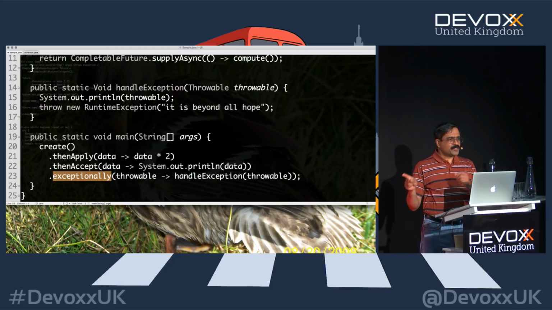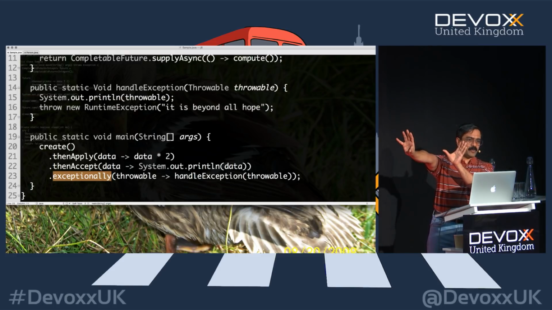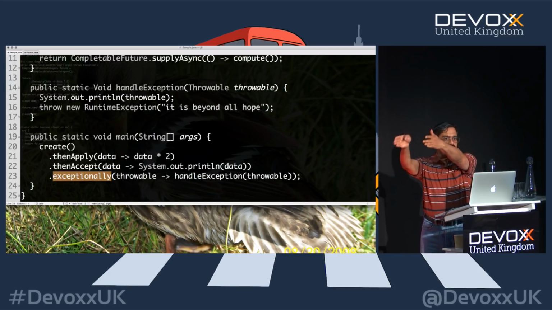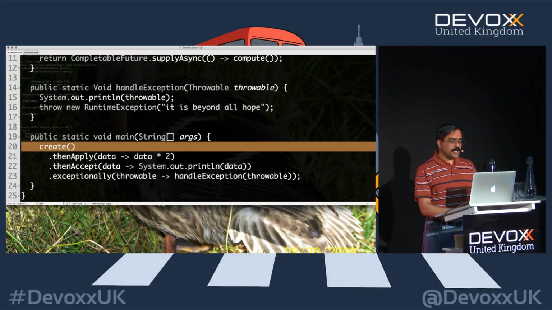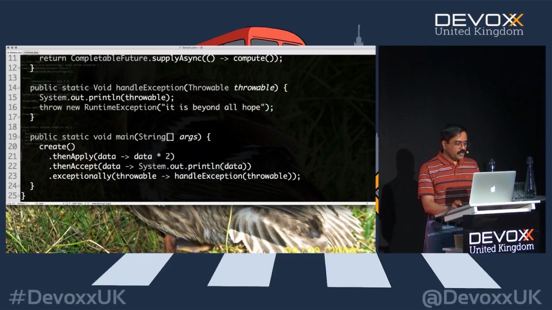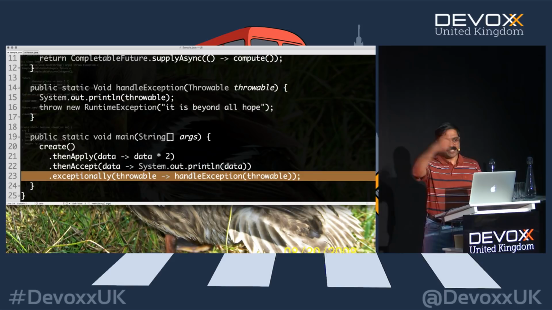Am I making sense? So when you look at this pipeline in front of you, there are two candidates. There are the then functions, and there are exceptionally functions. When something is good, you find the nearest then. If something failed, you find the nearest exceptionally. So that is how it's going to jump over in terms of where it's going to go. So if everything is good, you are in the then apply. If something is not good, you skip the then apply and then accept, and you're going to hit the exceptionally because that's the nearest path you can jump over to complain about it.